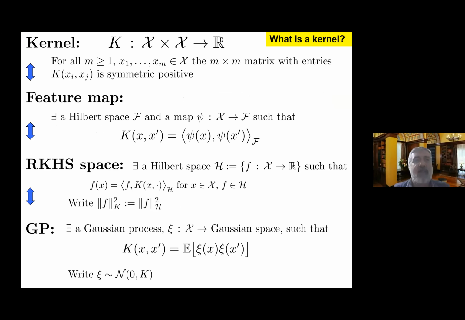Equivalently, K is a scalar-valued kernel if and only if there exists a Hilbert space F, known as a feature space, and a function psi mapping X to F, known as a feature map, such that K(x, x prime) is equal to the inner product in the space F between psi at x and psi at x prime. This is equivalent to the existence of a Hilbert space of functions H mapping the input space X to the real line,